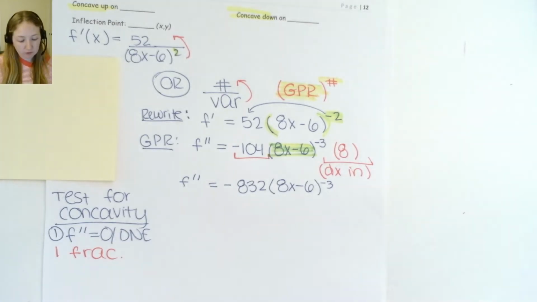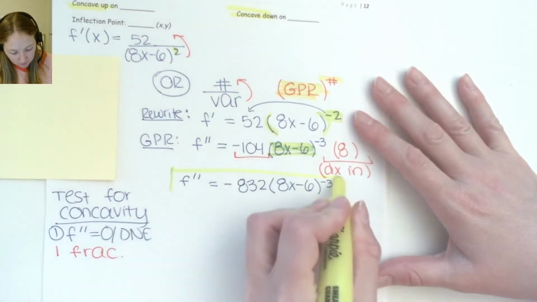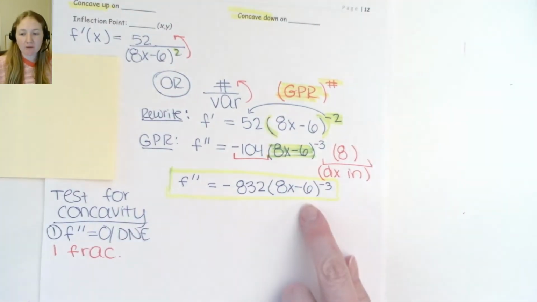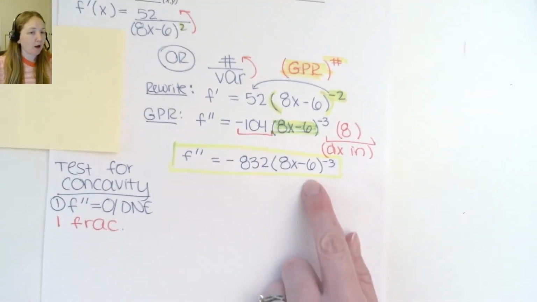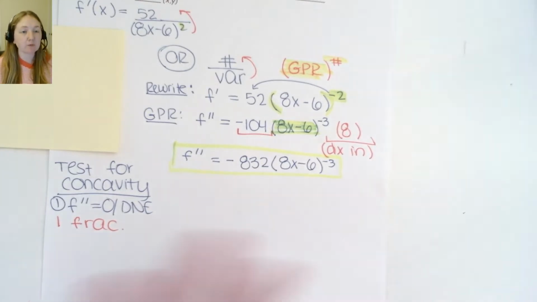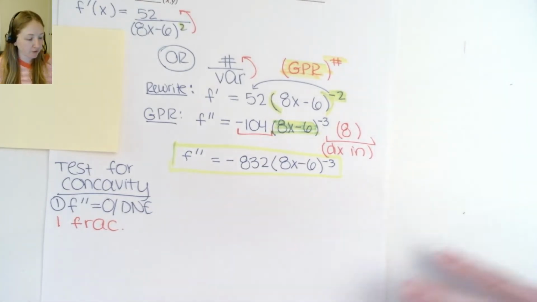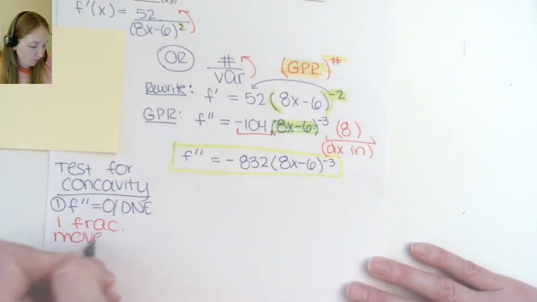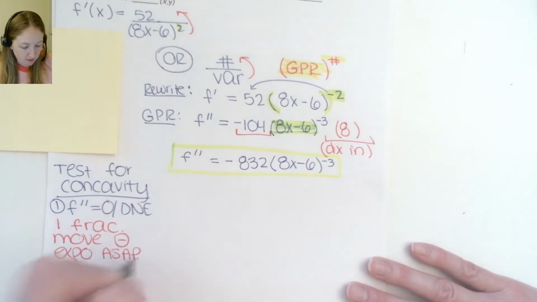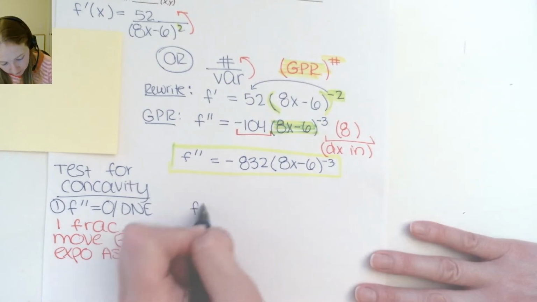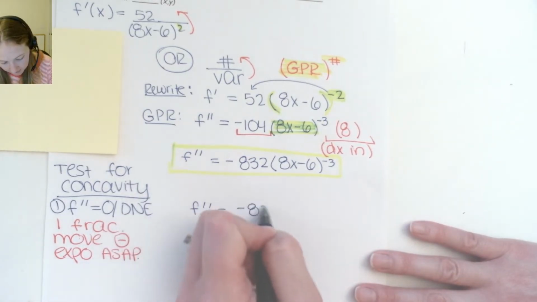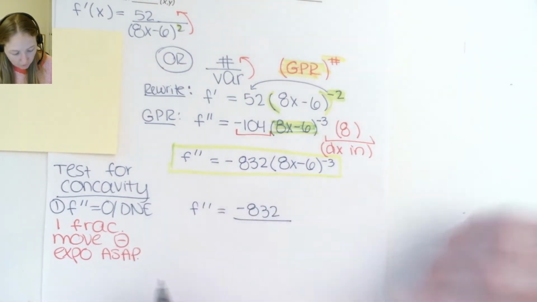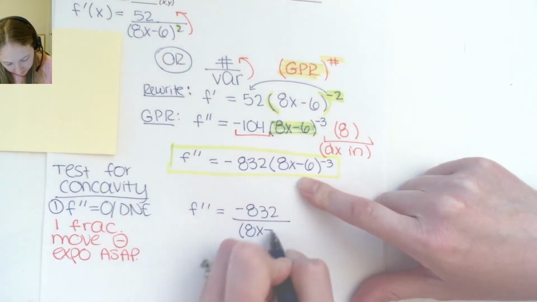Here, when you're looking at your second derivative, you'll notice you have this negative exponent. Obviously we don't want that negative exponent because we want one single fraction. So we are going to move our negative exponents as soon as we possibly can. That gives us that our second derivative looks like negative 832 over